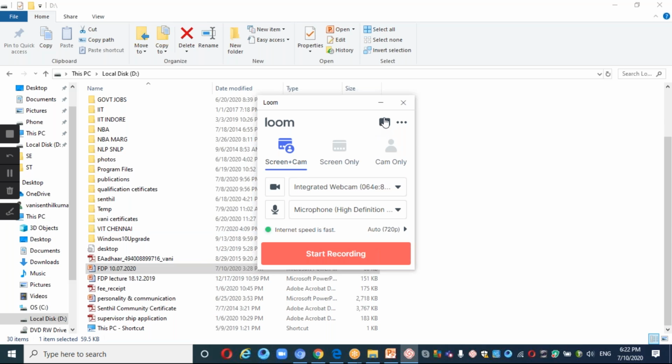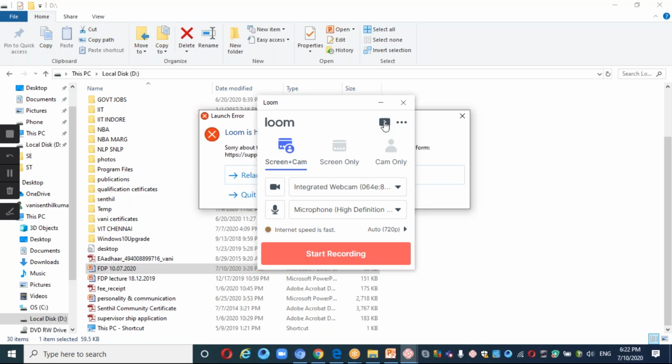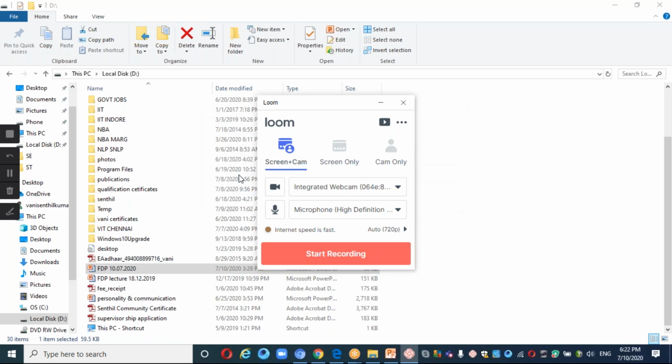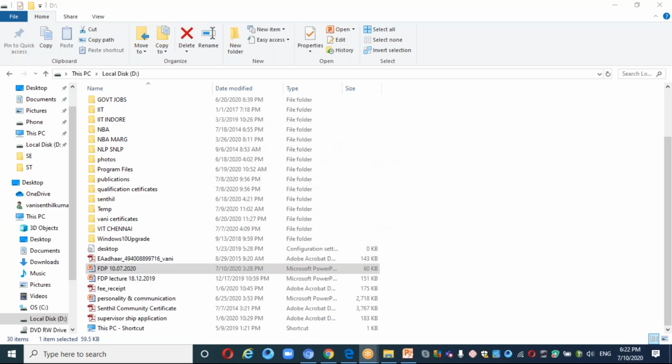You can find a symbol here, right? A run symbol. You can click the run symbol here, where that run symbol indicates through which mail ID you have got into your Loom. It will open to the place where you have given your mail ID. Automatically the videos will be saved there.